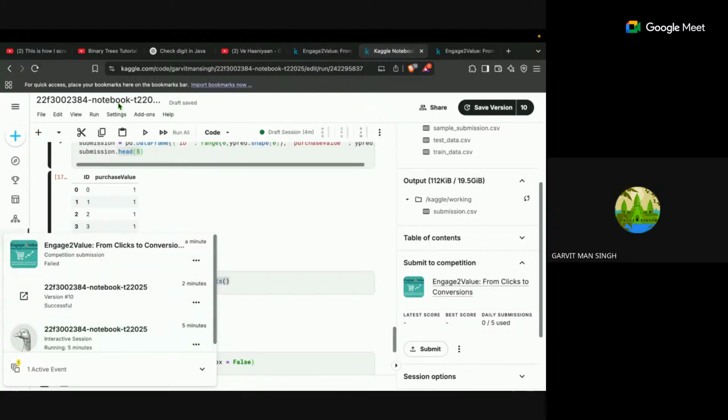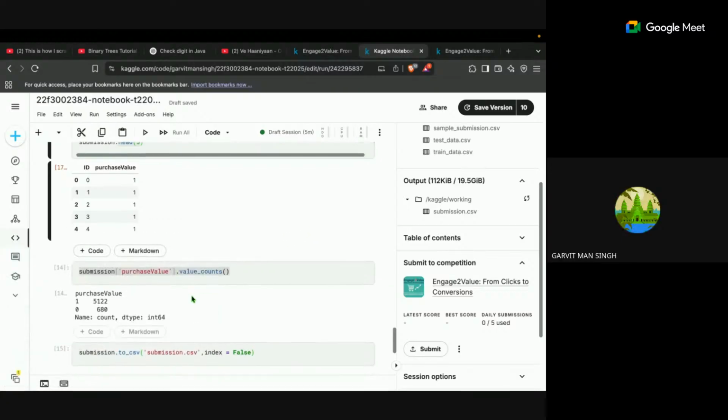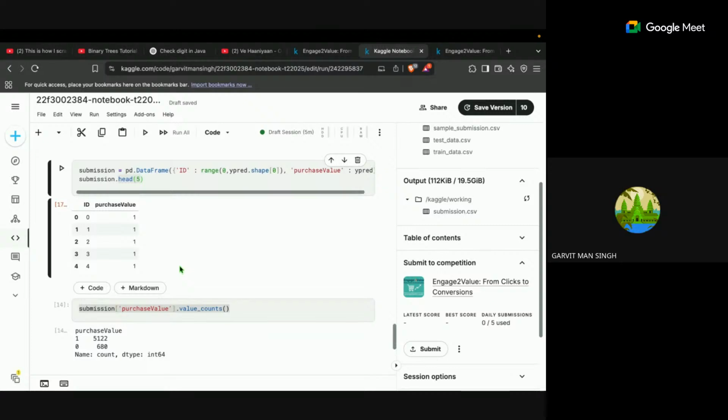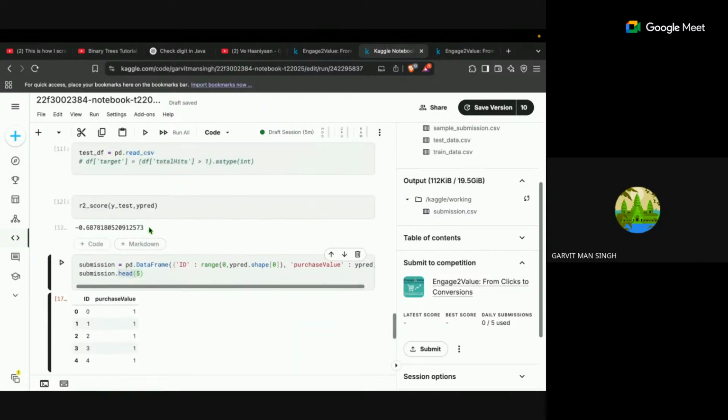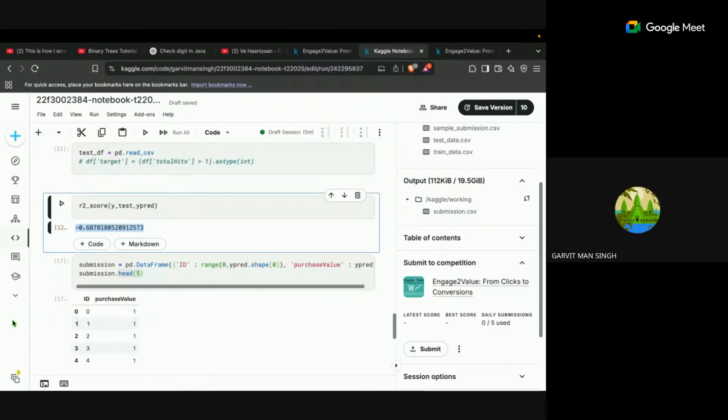Sir, I've named it correctly also. I've given the team name as my roll number. I've shared it with you also. Yeah, that is not an issue. So this issue is with the Kaggle. So it's something with R2 score because this R2 score is very poor. No, no, no. That is okay. So your purchase value is